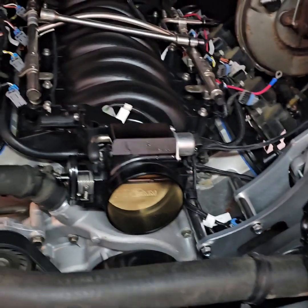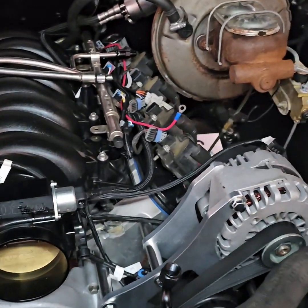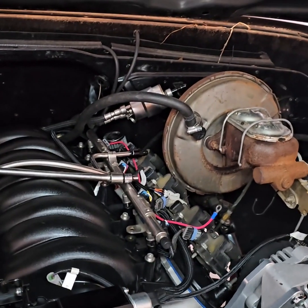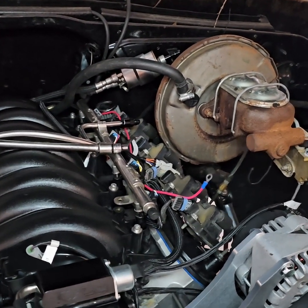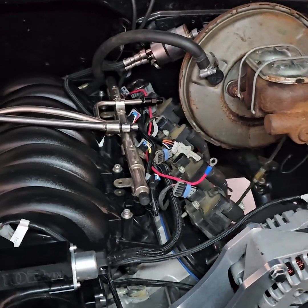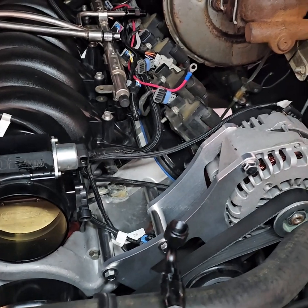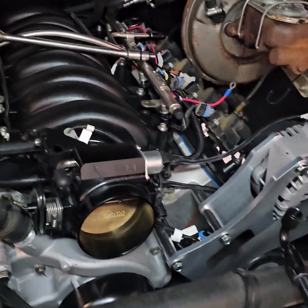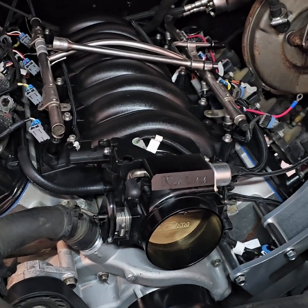So we actually just test fitted everything. We got the injectors test fitted in. I mounted up the fuel pump regulator back there on the firewall. I'm just gonna make a loop with a 90-degree elbow. And yeah, we cooking. So next, we're gonna go ahead and finalize the injectors, get that all in,